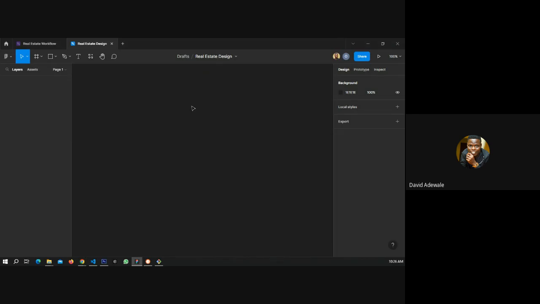So first, this is the tool section, the toolbar, where you can easily access the tools on Figma. We have the frame, we have the shape, we have the pen tool, we have the text tool to write text, and then we have this one that came around early last year. We have the resource, and then we have the hand tool, then we have the comment section.